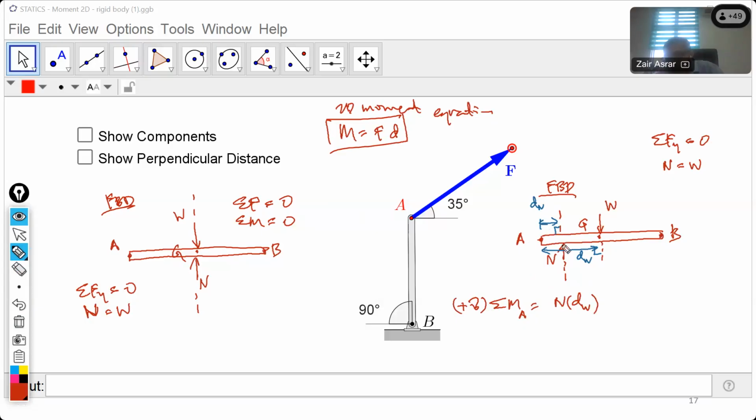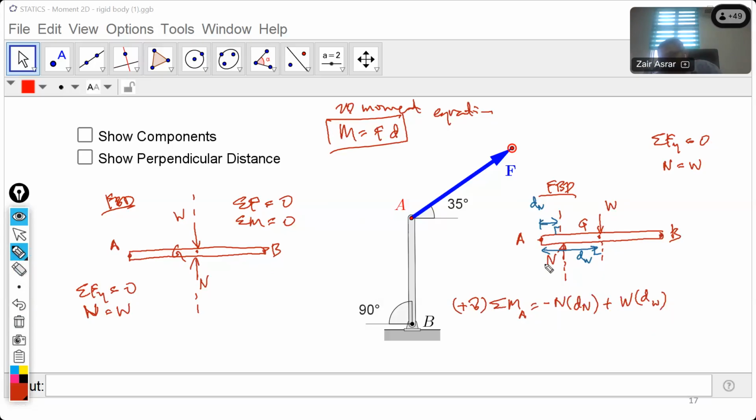Looking at the force itself, N is causing a counterclockwise rotation about A. Counterclockwise gives us a negative moment, since it's against our convention here. Counterclockwise rotation about A, negative moment. And then we have the moment coming from W times the distance dW. Oh, my bad. The distance for N is dN, and for W is dW. Sorry about that. The rotation due to W about A is clockwise. So the moment at A is equal to this value.